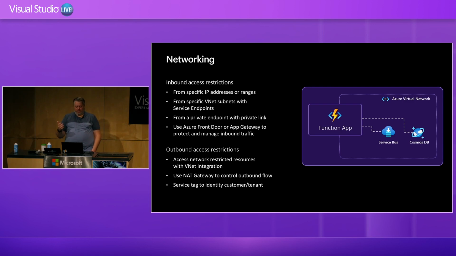And then for outbound restrictions, when your function needs to reach something that is inside the VNet, that's where you use virtual network integration. So you can protect the inbound, and now for the outbound, your function app calling things, you use VNet integration. And then if you want to further allow your app to go through the VNet and out, you can use NAT Gateway as well as a solution there. So I'm sure if you know networking or if you've used networking on Azure, these all make sense to you. But this is with VNet integration is how you make sure that your function app can make calls to the inside of your network and run from the inside of the network.